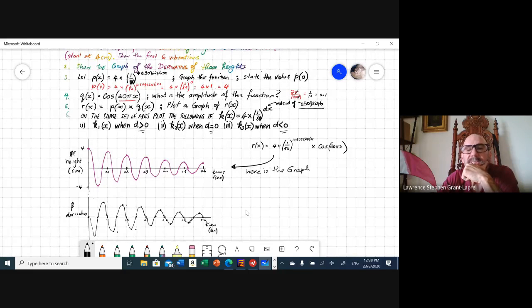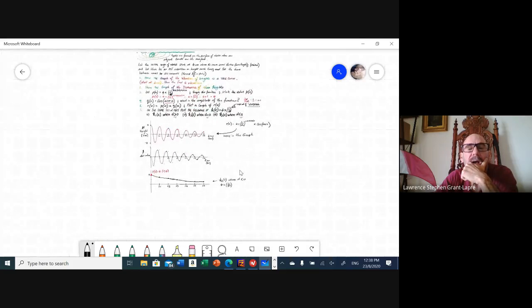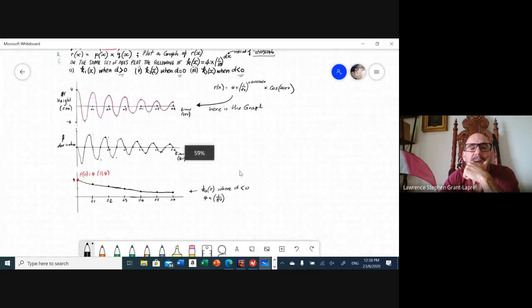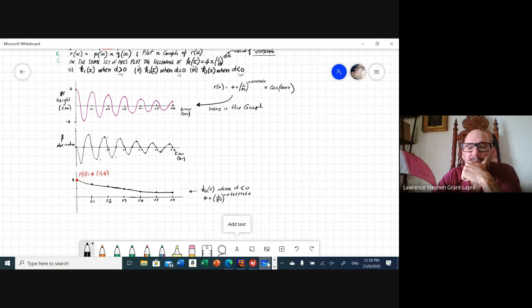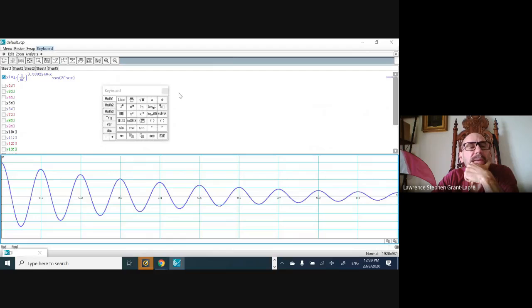Otherwise, it doesn't match our story. 1 over 80, and we had negative 0.5092246x. Now, if we go back to the graph, and I'll just delete that again,